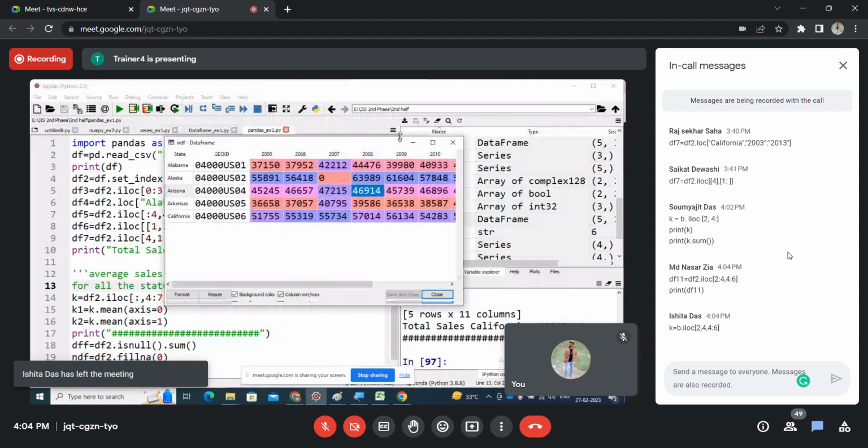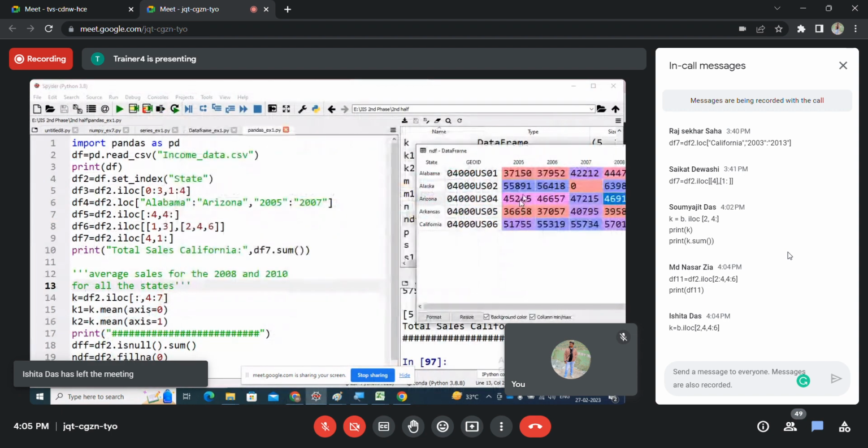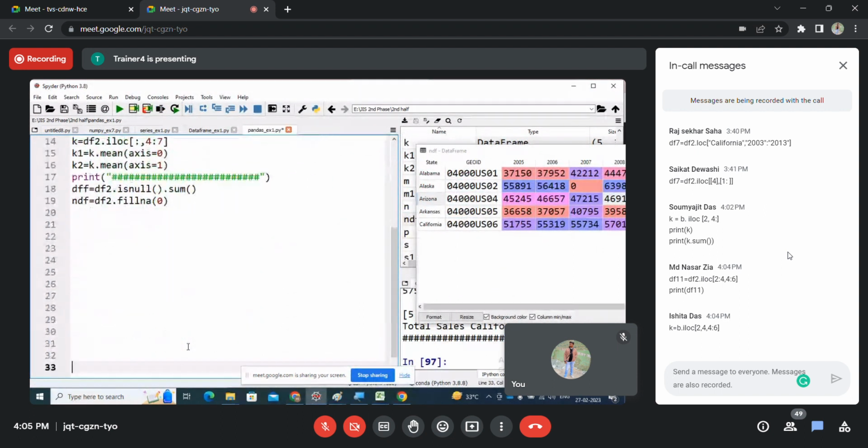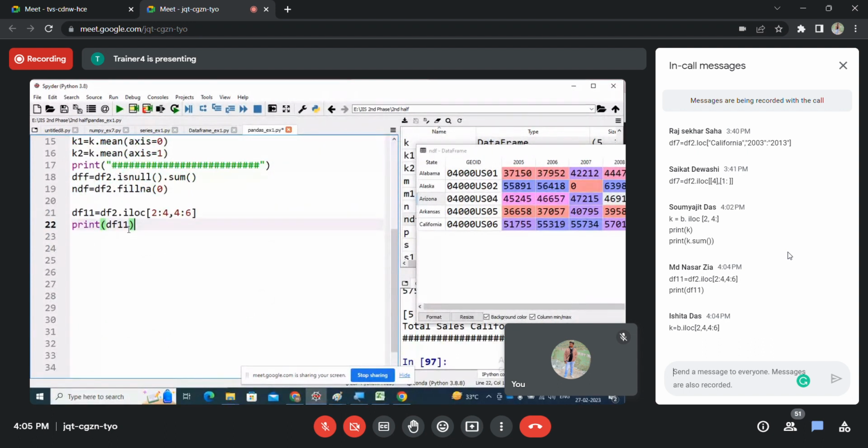Here, that is your answer, okay? The df2.iloc, if you write 2:4, means that is the start row index, colon, end row index. So 0,